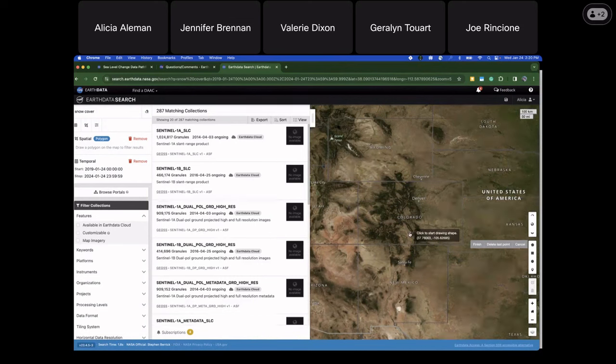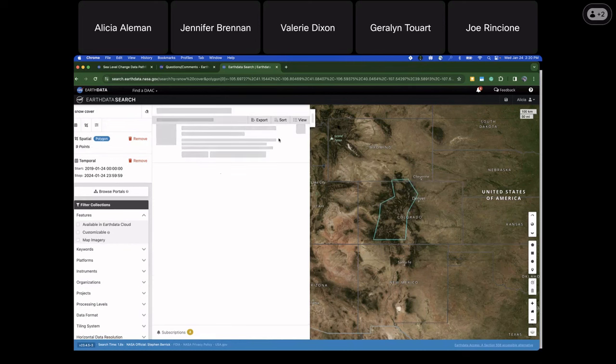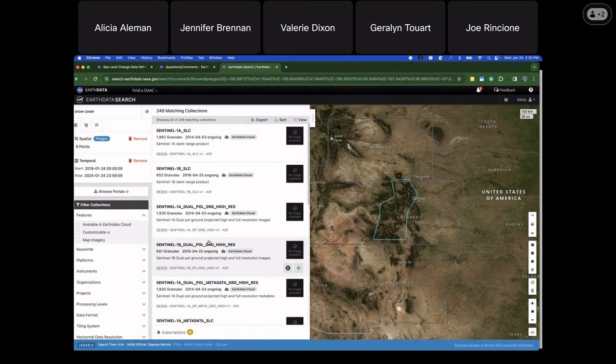And so now I'm going to draw my polygon. To start that, again, you just click anywhere on the map to start drawing your shape. So let's start here, click. And then I just draw my polygon around my area of interest, a very roughly drawn polygon. And then once I close the polygon, you're going to see that the matching results are going to get updated. And looks like it brought it down just a little bit closer to 250 matching collections. So that's good, but